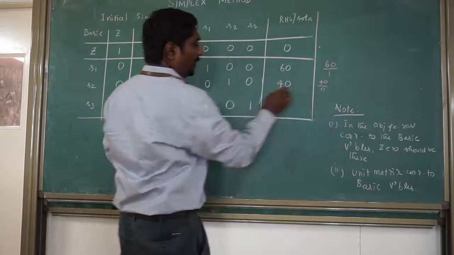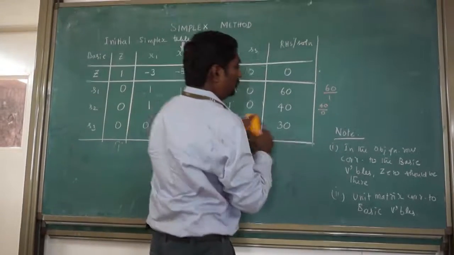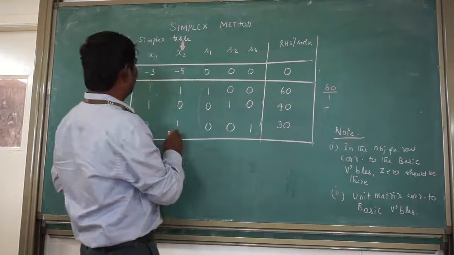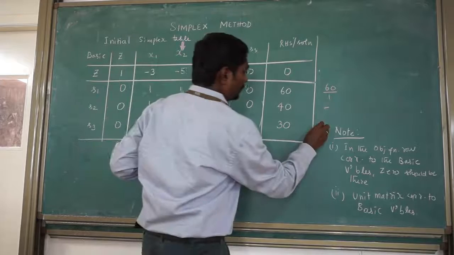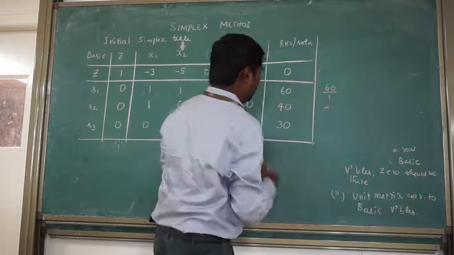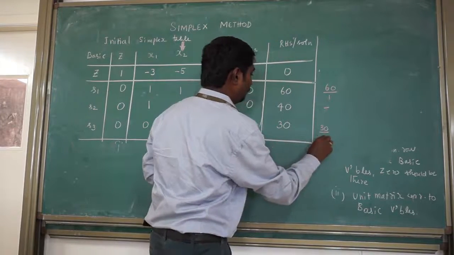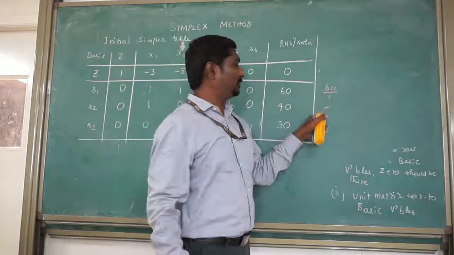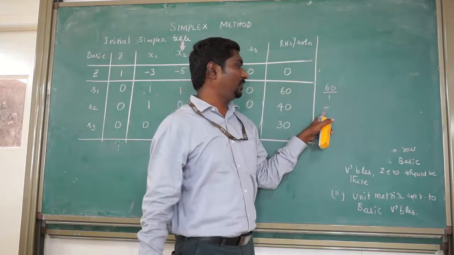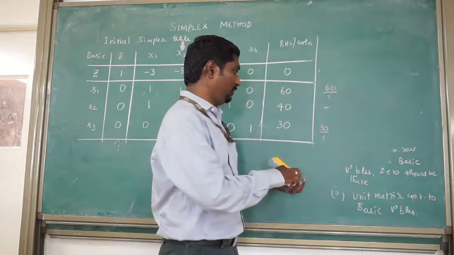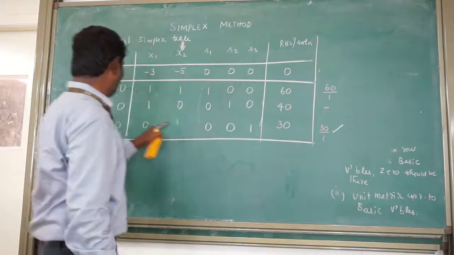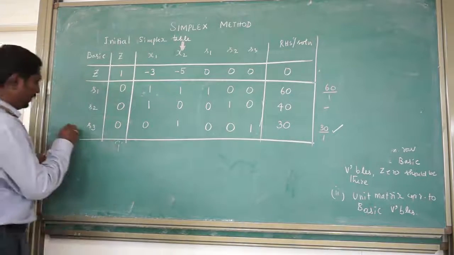But this value of the entering column should be greater than 0. But since this is 0, I am not going to consider this. Coming to the third case, for this it is 30 divided by 1. So among these three, this is having 0 at the denominator, that's why we are not going to consider it. Among these two, which is minimum, so this is the minimum value. So therefore, this variable S3 is going to be,